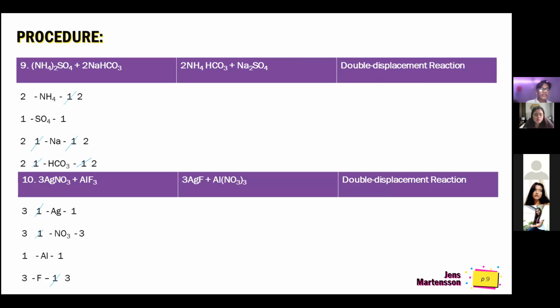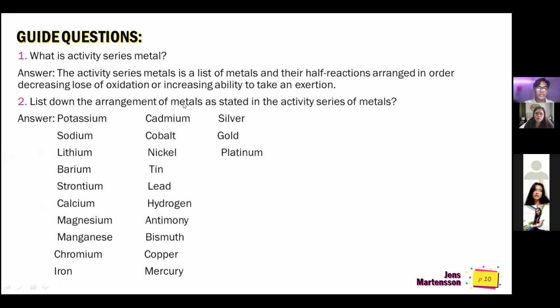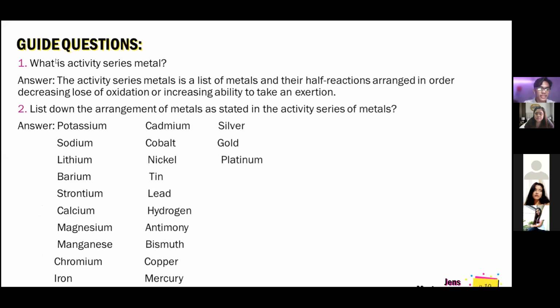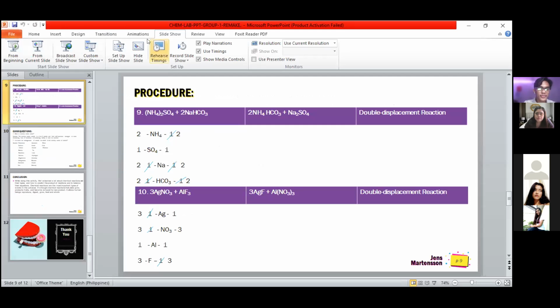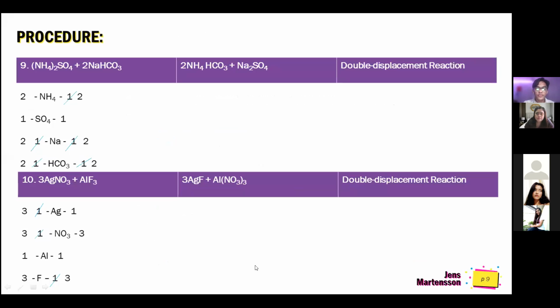So for number 9, this is also a double displacement reaction. So ang formula niya is again AB plus CD yields AD and CB. Wait lang po, na-exit. So for the first step ulit, let's write down the elements to know kung may subscript pa or wala. So first is i-write natin ang